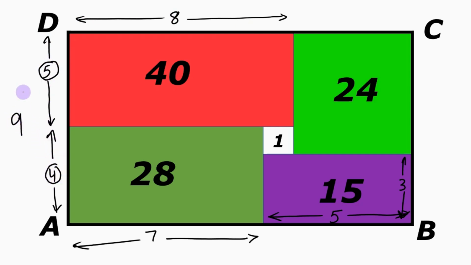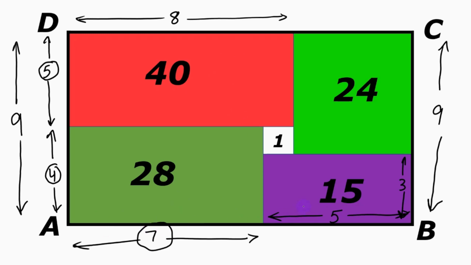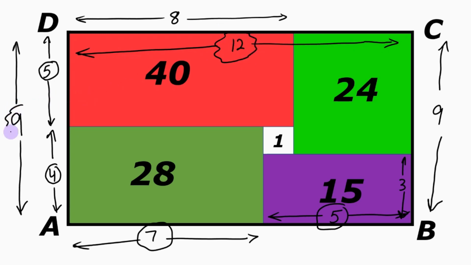So that is, the value of AD will be equal to 9 units, and the same can obviously be said for the value of BC, because this is a rectangle, right? And the length of this rectangle is equal to 7 plus 5, that is 12 units. Okay, and these, my friends, are the dimensions of this rectangle. That is, the length is equal to 12 and the breadth is equal to 9.